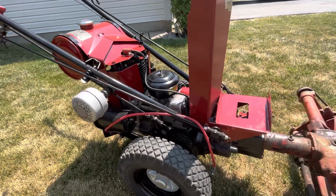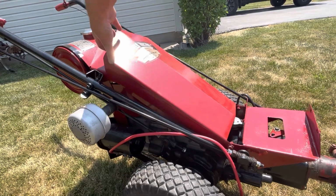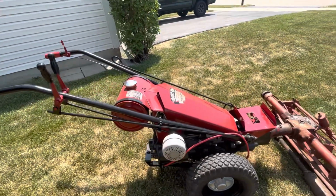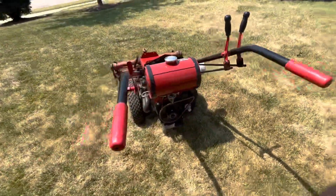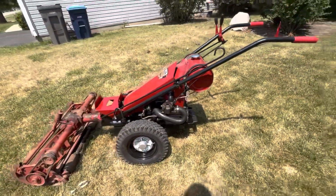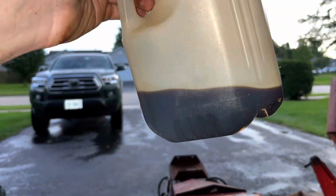The only really bad part of this was the gas tank. Near as I could tell, this machine had sat for a very, very long time. The gas tank was about half full of varnish and nasty crust, about a quarter inch thick layer of crust on top of the varnish. I had to chip all of that out,